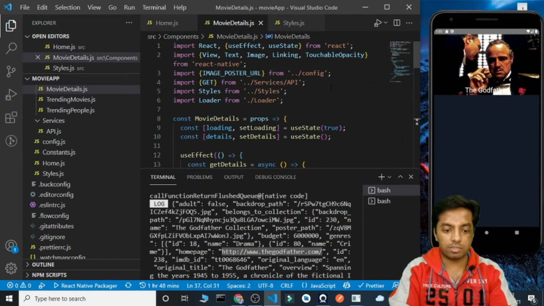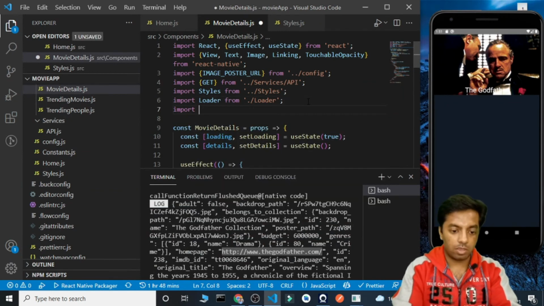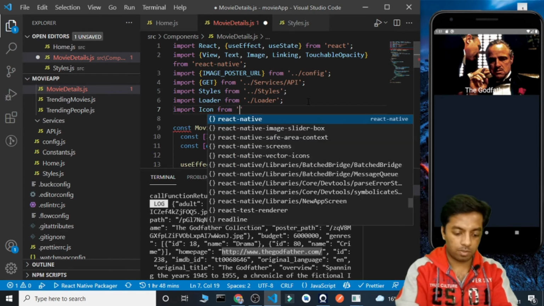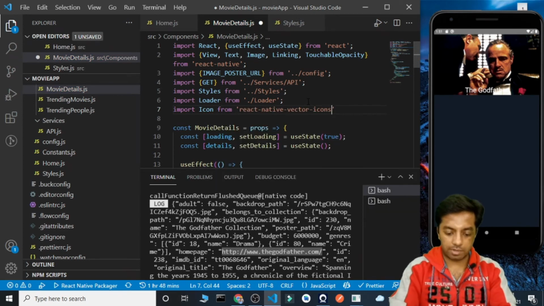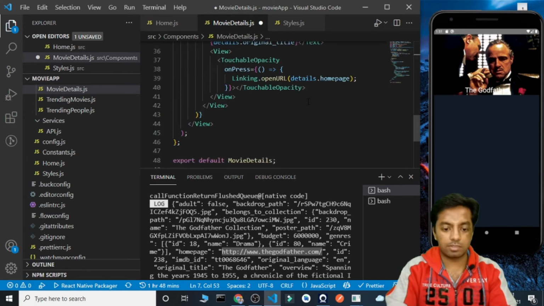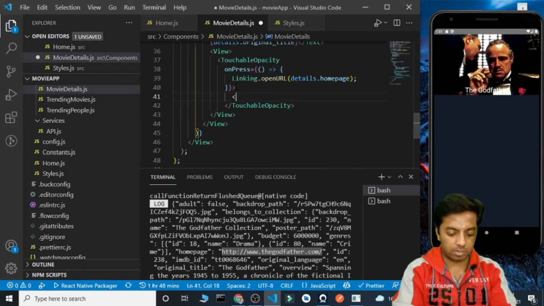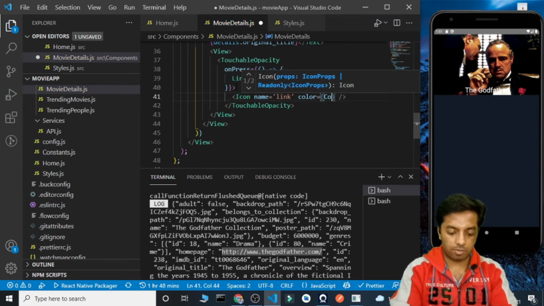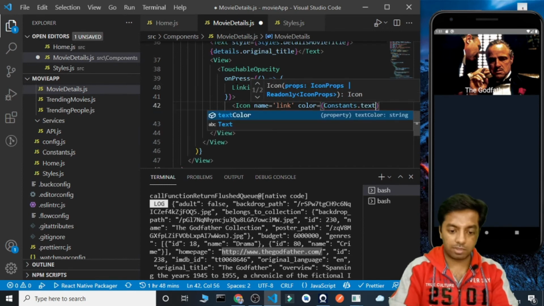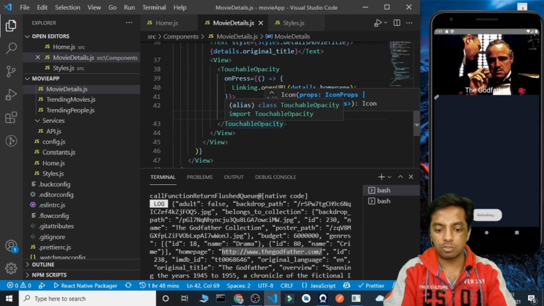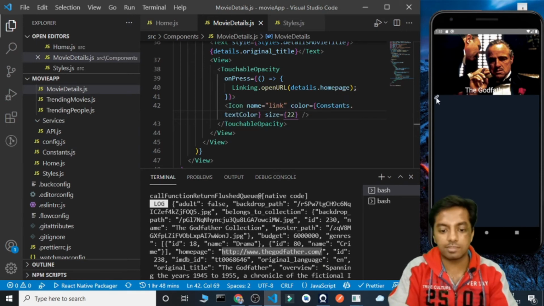So let's import this here. So we are going to import Icon from react-native-vector-icons/Typicons. Okay, now we are going to pass this here inside this TouchableOpacity. So pass this icon, name will be link, its color will be constants.textColor, and its size will be 22. Okay, so now this is the link, and this is touchable.